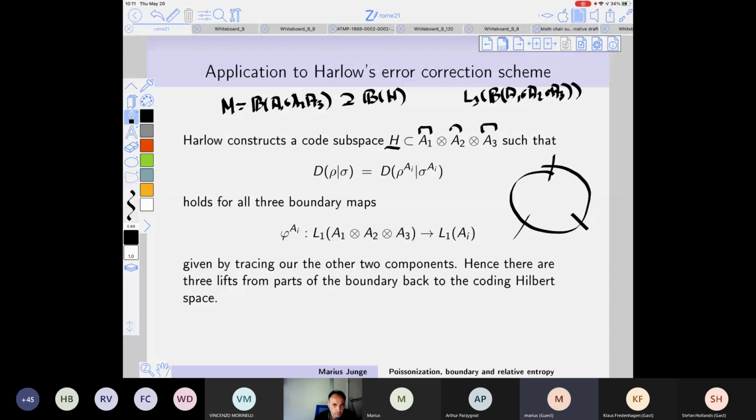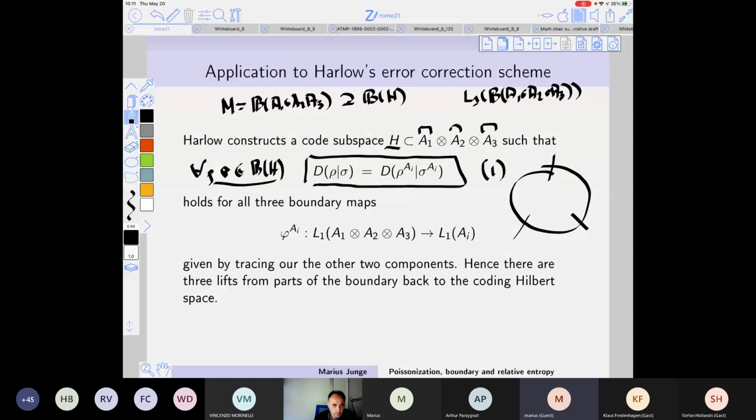And what happens is, what he proves, or he characterizes, is when does it happen that for all rho and sigma in the bounded operators of the code space. So it's not true universally, right? So this equation here is true in all cases, but you only get it for very special densities. I mean, we had some discussion, for which states do you expect certain equalities to hold?